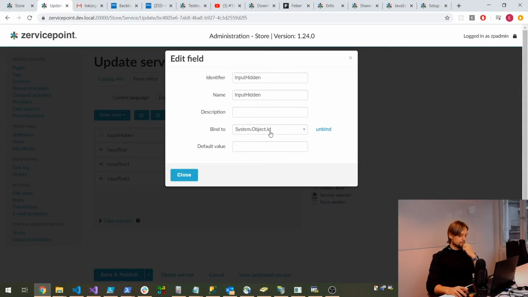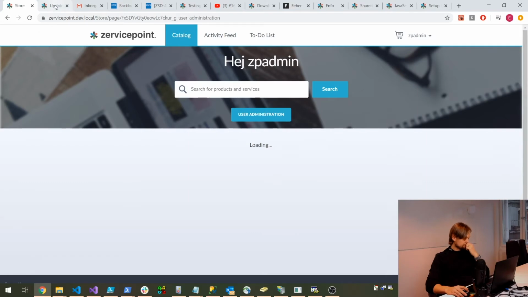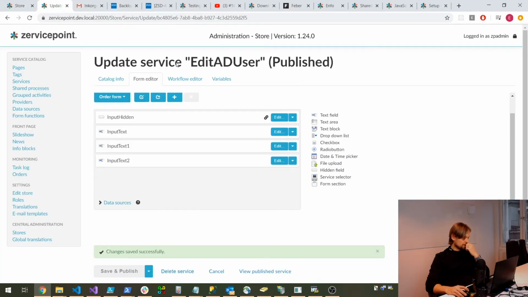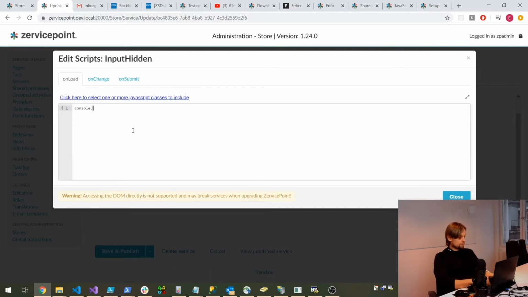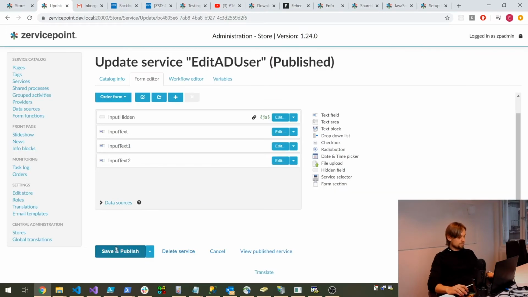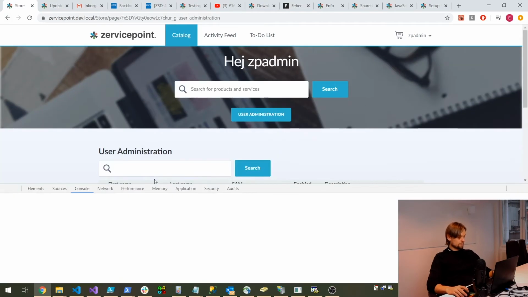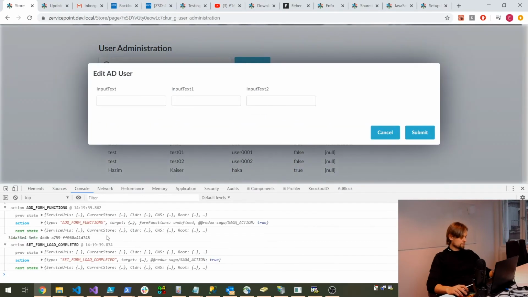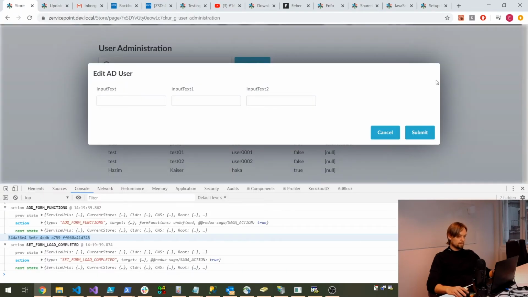So this is a hidden field. Save and publish. Refresh. And actually first we're going to edit this JavaScript. So we're just going to type out what this field contains. I refresh, take up the console, and there's the value. So that's the object GUID, because remember we selected, if we look on the table page again,